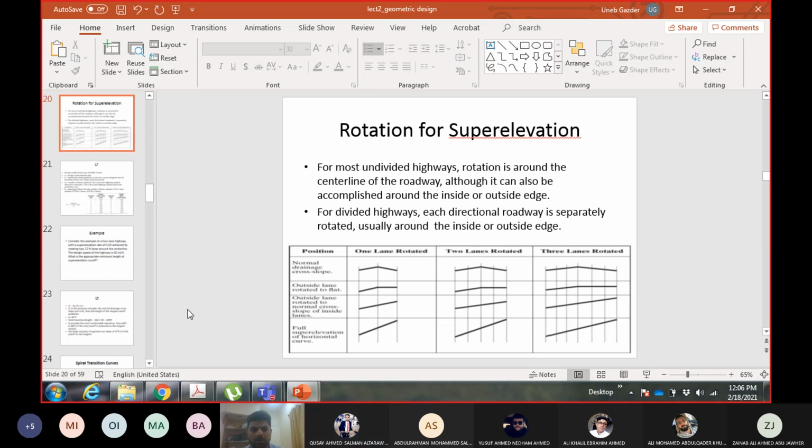0. It is 0 and going where? It starts with 0 and ends with? Super elevation runoff is a length, right? So during the length, the slope is changing. So it is changing from 0 to what? The answer is in the name. I'm saying super elevation. Full super elevation. Yes. Okay. Good.